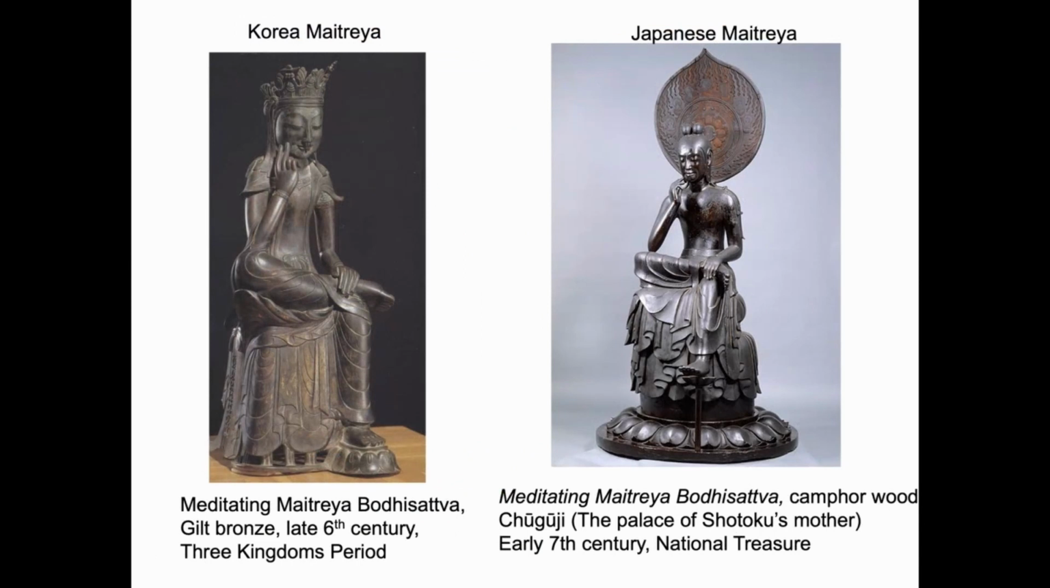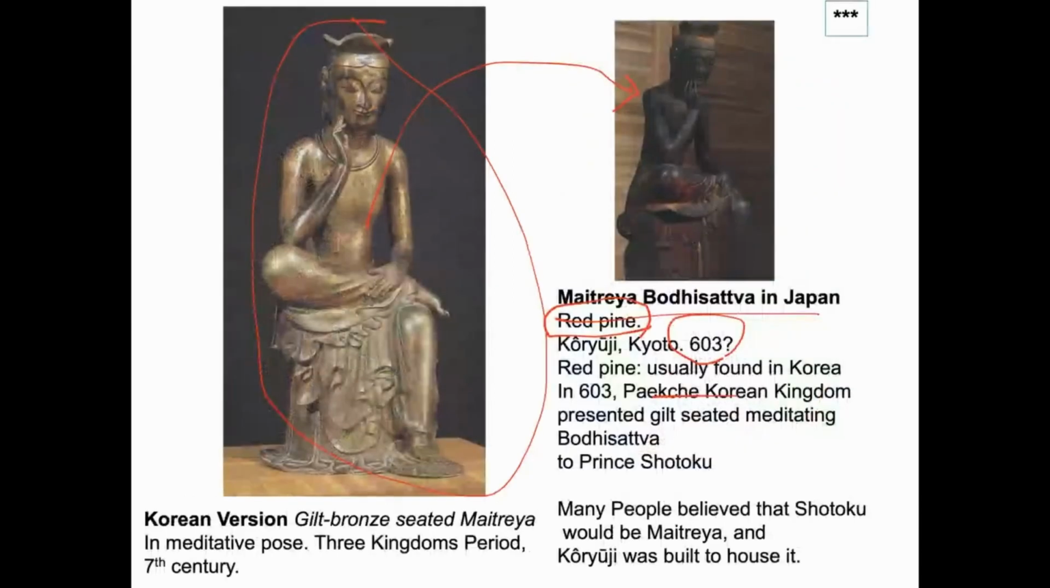And this one we've seen, right? The Korean Maitreya. And this one also is very similar to Chugoji Temple's Maitreya. But in Japan, these statues are made of wood. In Korea, both statues are made of